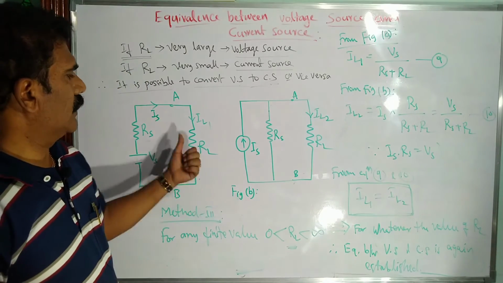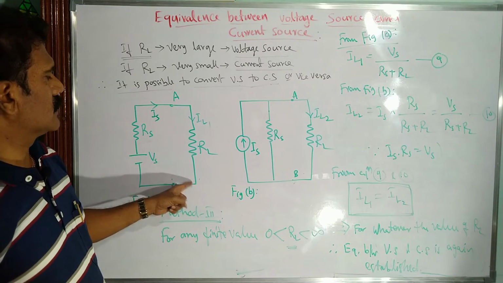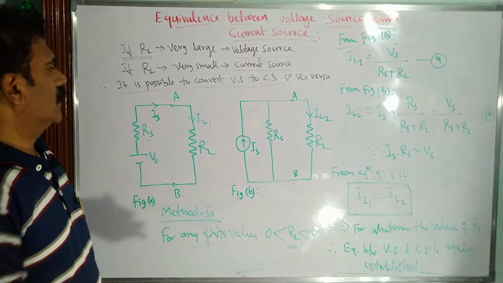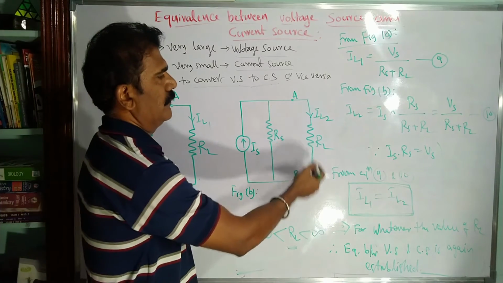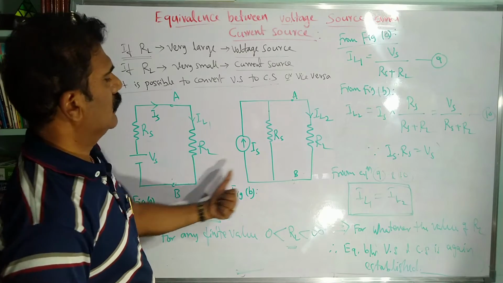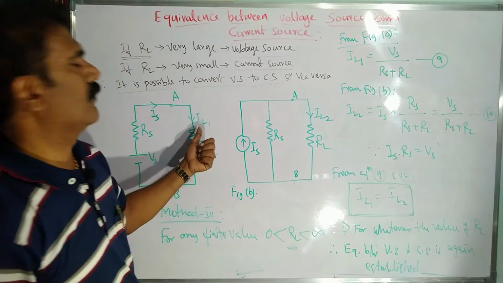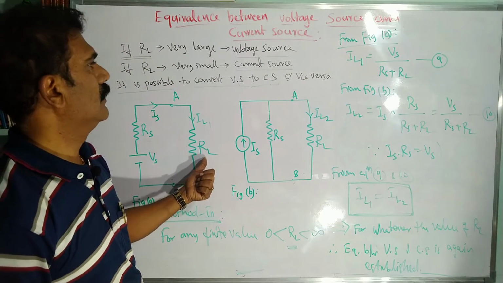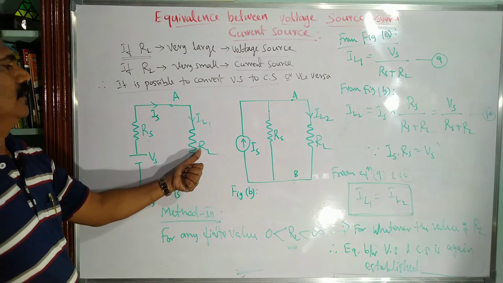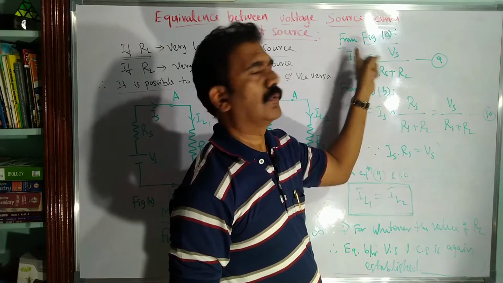With this particular finite value of load resistor, we are connecting that load resistor across the terminals A and B in case of voltage source and in case of current source also. Separately we can calculate the current through the load RL. So let it be IL1 in case of voltage source, the current through the load resistor is IL1. In case of current source, it is IL2. So from figure A, what is the value of IL1, the current through the load resistor RL? It is equal to, there is a voltage source Vs and total resistance is Rs plus RL. So Vs divided by Rs plus RL is the equation for current through the load, right?